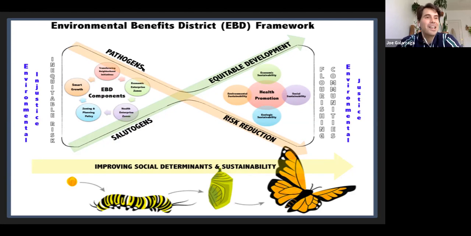In fact, they're probably taking away from the health of the people who live in the community as a whole. So we see here this arrow is going down, and the goal is to decrease pathogens in the environment, and that is going to reduce risk. If there's fewer opportunities for you to come in contact with a pathogen, there's fewer opportunities for risk.